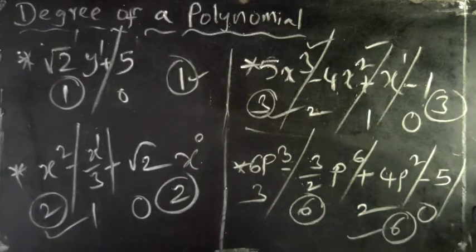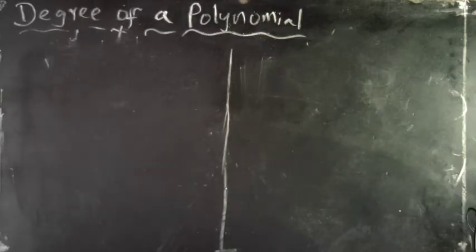So like this, you have to find the degree of the given polynomial. And also indirectly we have learnt here how to find the degree of each term in the given polynomial. Okay. So first we have to find the degree of each term. Then we have to decide the degree of a polynomial by observing which term has the largest degree of the variable in the given terms. Is it clear? Okay, now you understood the concept of degree of a polynomial.